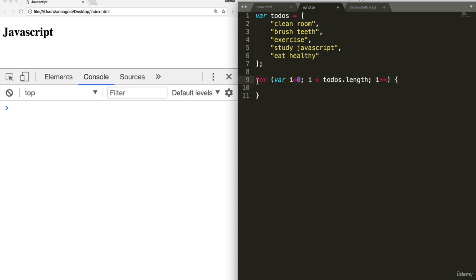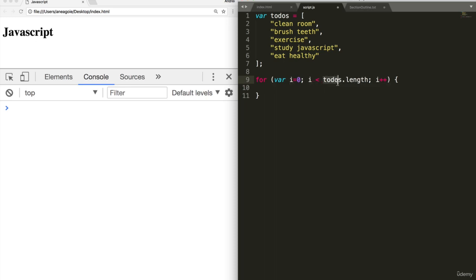So for, which is a JavaScript word, is saying we're going to do a loop. Now in this loop, the first thing we're going to say is i = 0. It's just a variable, commonly used in a for loop, and it stands for index. So i starts off with 0. We have a semicolon, which means that's the end of the expression. We just assigned the variable i the value 0. And then in the next part, it says i, which is at the moment 0, if that is less than